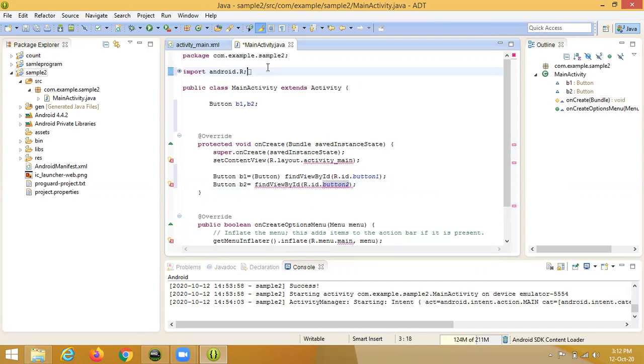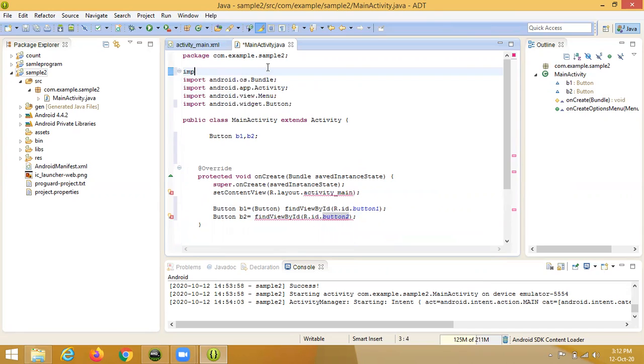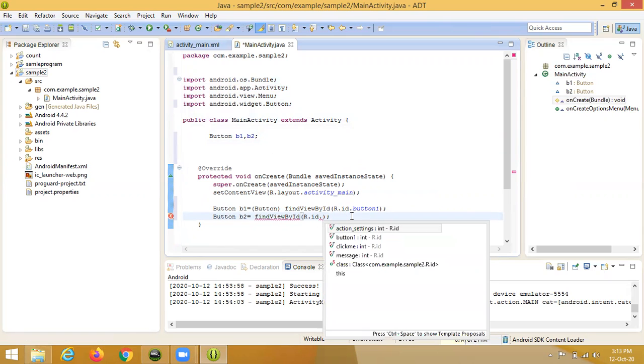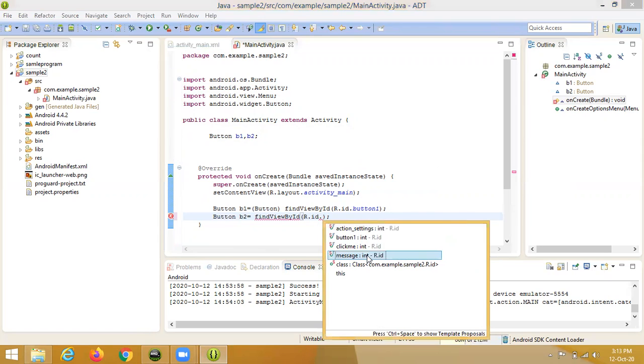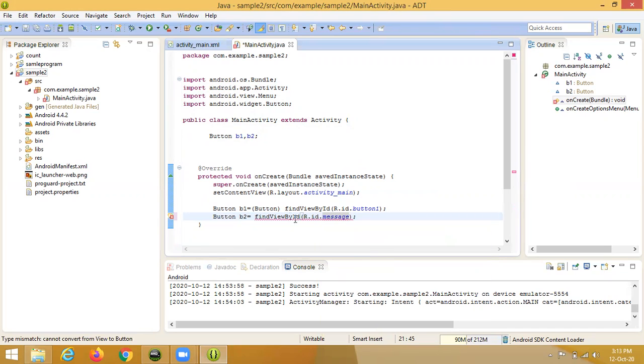Just delete the imported R file. The code also gives the cast.